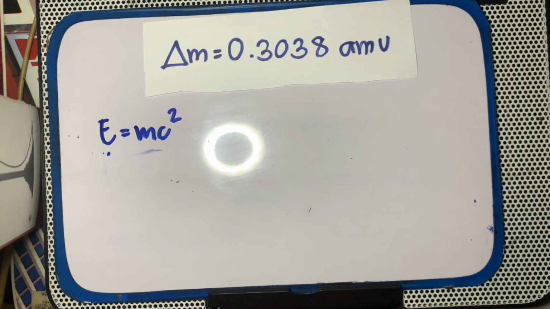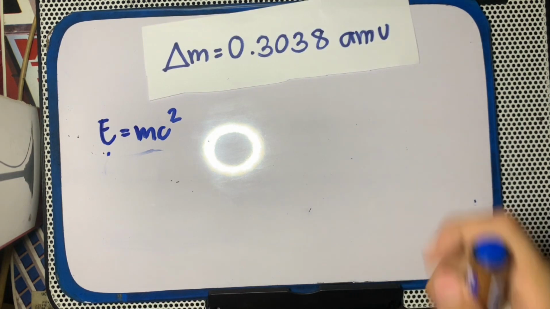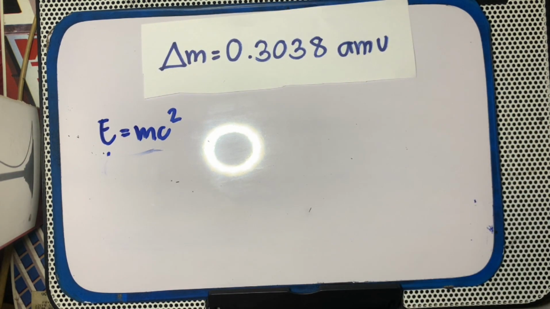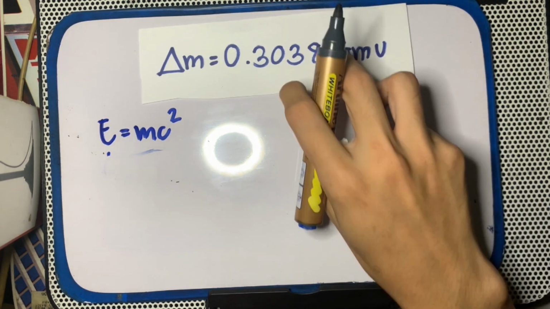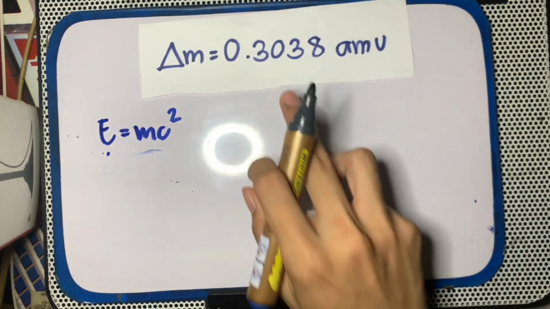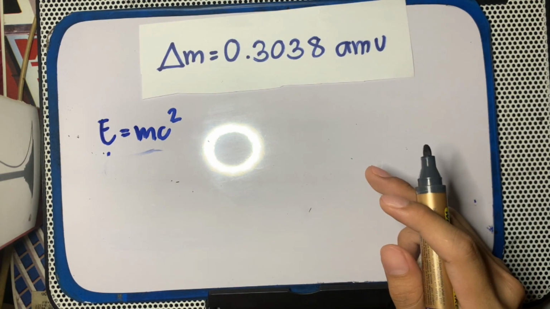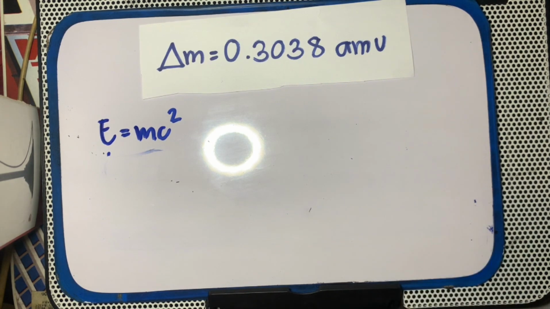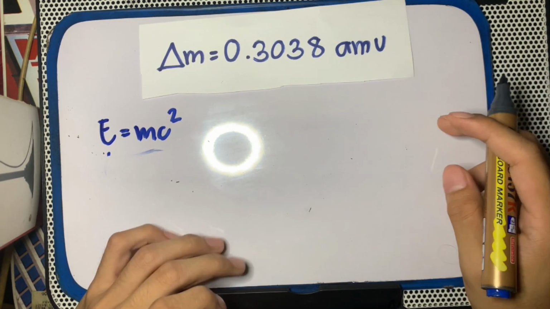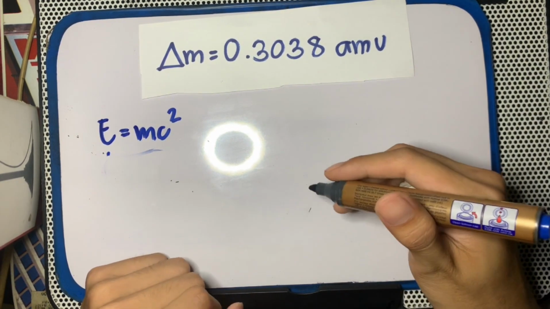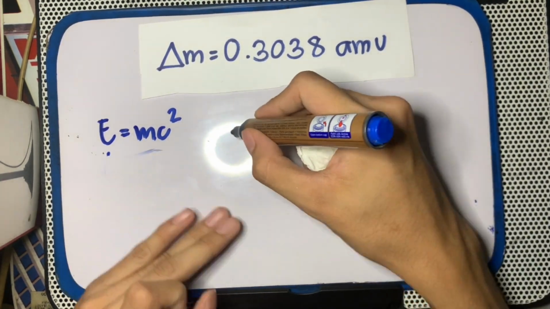This is easily done considering the numerical equivalence of atomic mass AMU and molar mass grams per mole that results from the definitions of the AMU and mole units. The mass defect of helium-4 is therefore 0.03038 atomic mass unit. Let's convert it into grams per mole. It will be